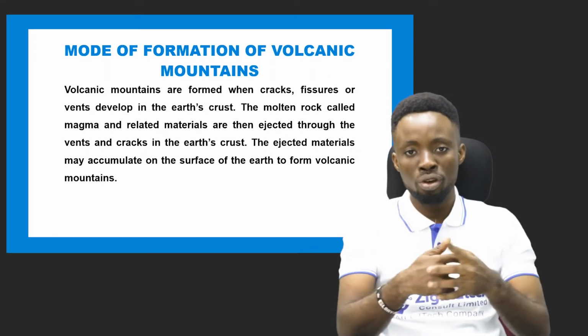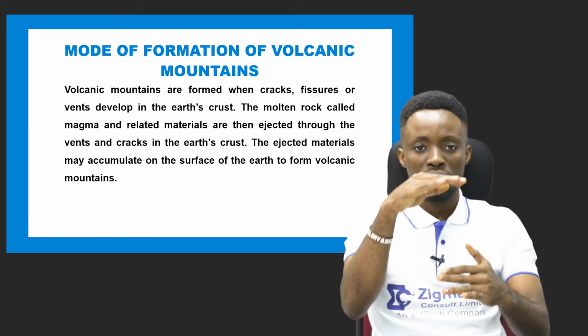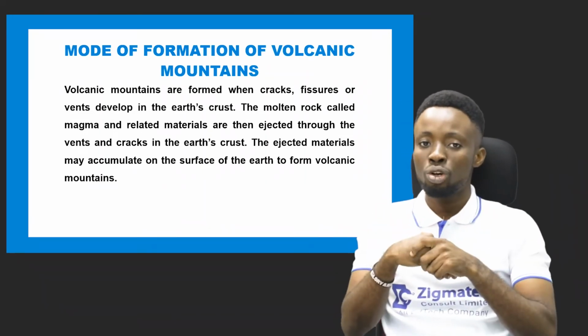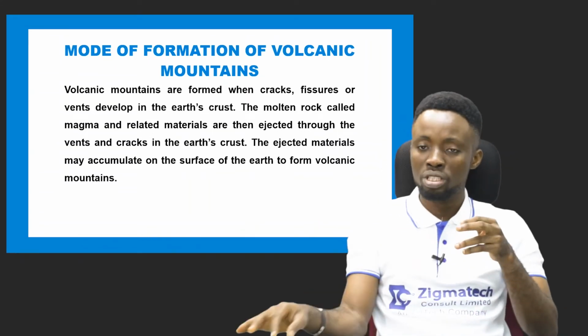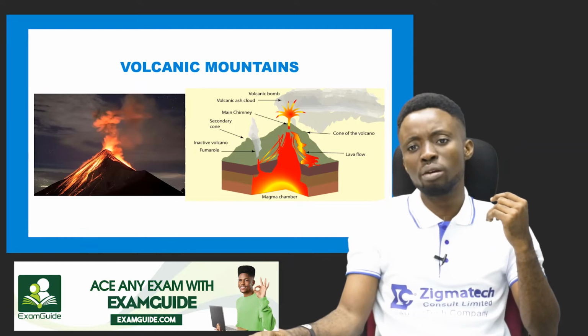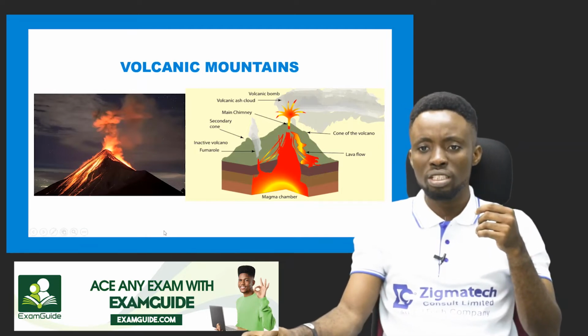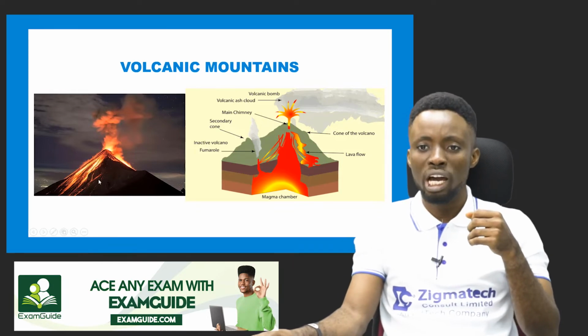So over a long period of time, this accumulation will lead to a very elevated landform, which we can now call a volcanic mountain. So we look at an illustration of what a volcanic mountain actually looks like. As you can see here, this is a typical example of a volcanic mountain, and over time we have